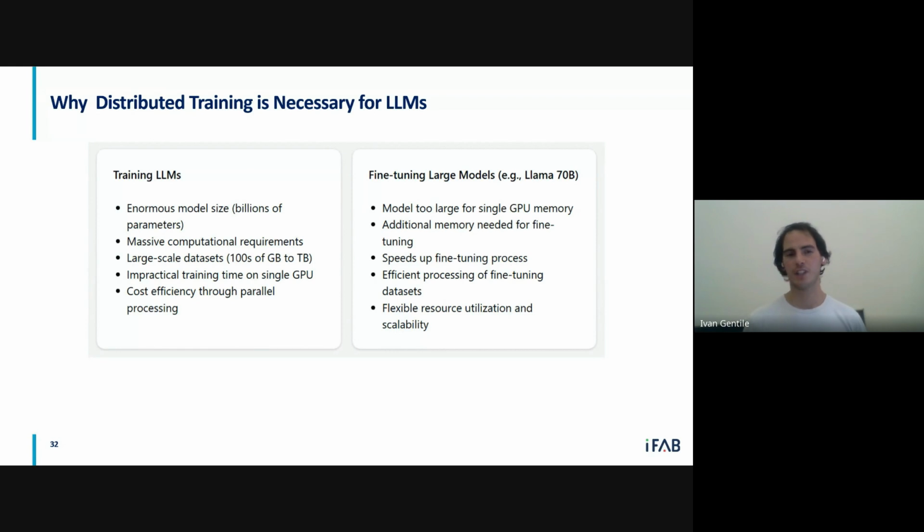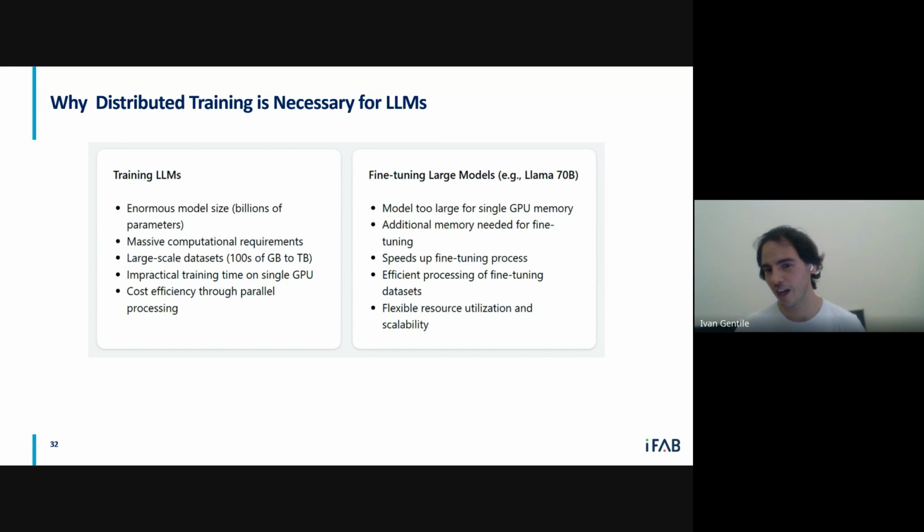We have an example. I think this is taken from an NVIDIA blog post: if you have to train a GPT-3 model with 175 billion parameters on 8 V100 GPUs, a type of GPU, it will take you 36 years. So already with 8 GPUs it is unfeasible to train.